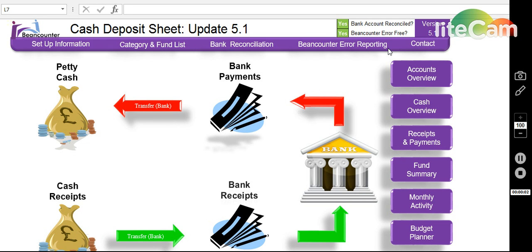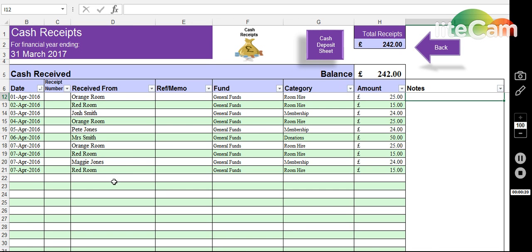Beancounter Update 5.1. The update is for cash receipts, where an additional button of cash receipts sheet has been added. Let me show you this now. So from the main menu, go to cash receipts and you'll see a new button has been added called cash